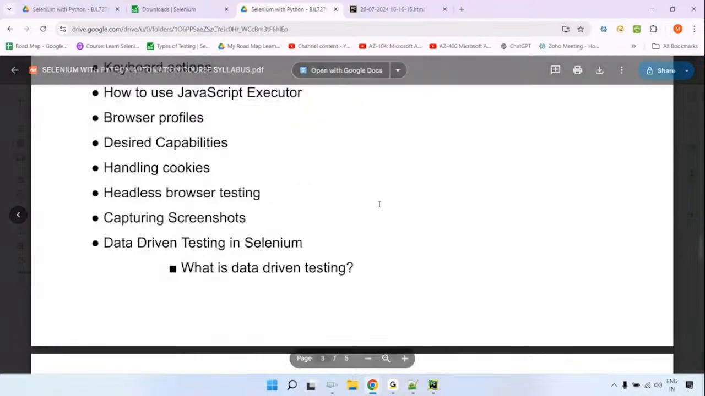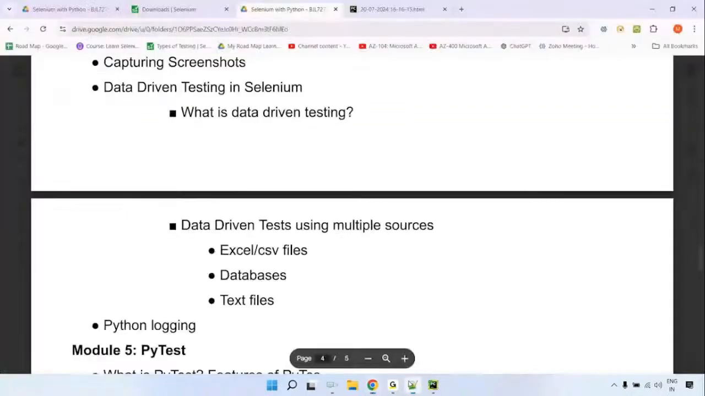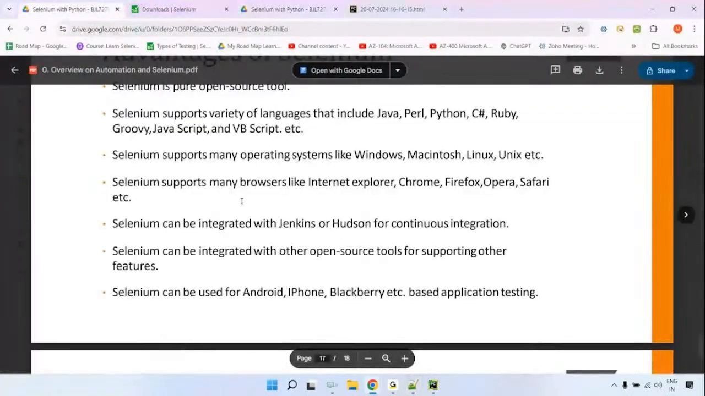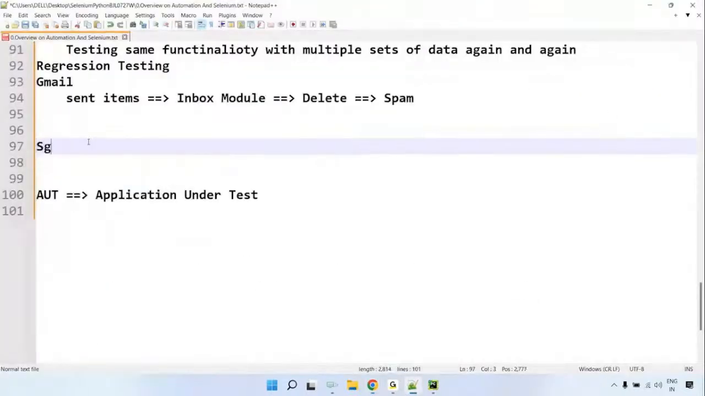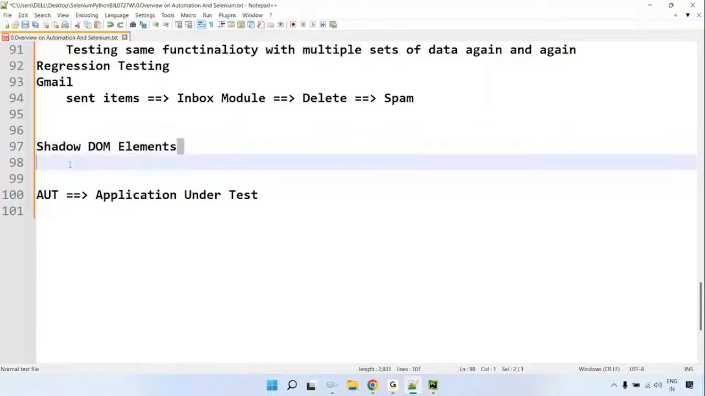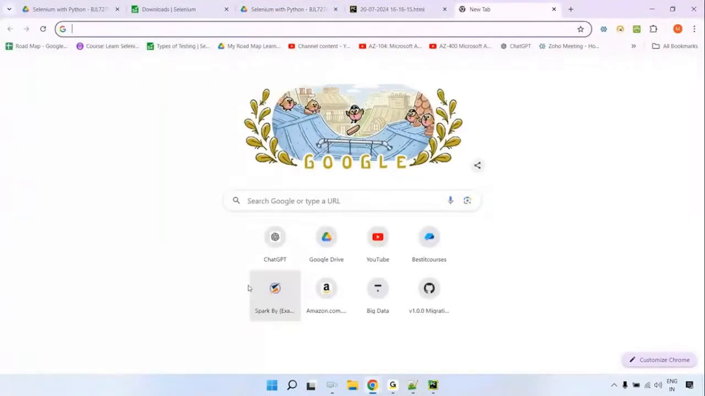Also, one more important thing. There is one thing which I have not specified in the syllabus. If you go through this particular syllabus, you will not find handling shadow DOM elements. Shadow DOM elements are a very, very important interview question. Leave aside the interview question, most of the applications right now are implementing this shadow DOM concept. So let me show you a simple example. You can see it here. This is the Google search